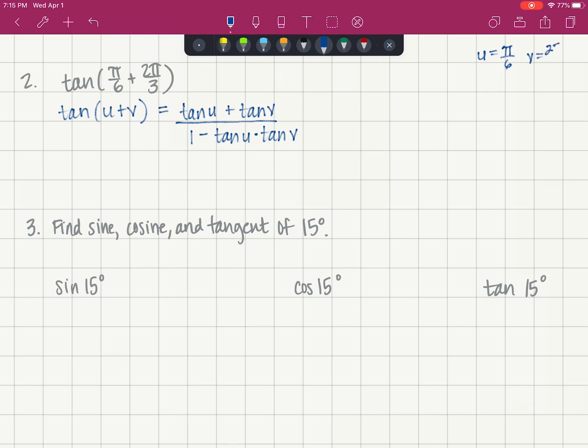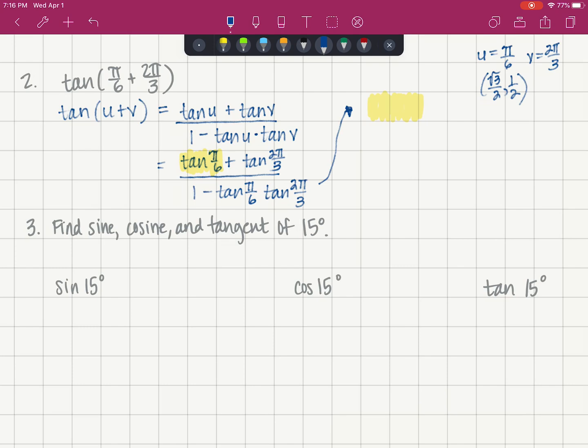And u and v, u is pi over 6 and v is 2 pi over 3. So we've got the tangent of pi over 6 plus the tangent of 2 pi over 3 all over 1 minus the tangent of pi over 6 times the tangent of 2 pi over 3. The tangent of 2 pi over 6, the tangent of pi over 6,